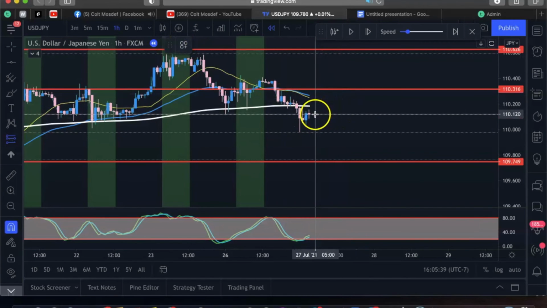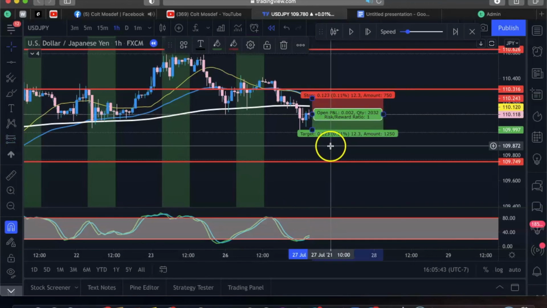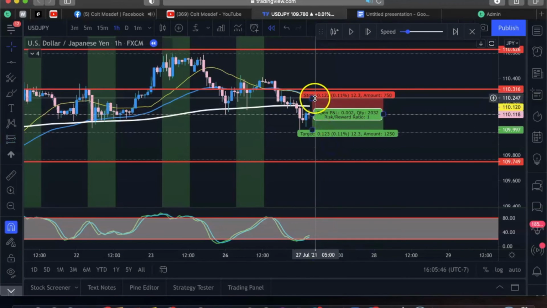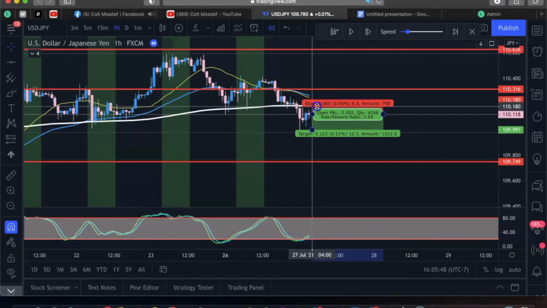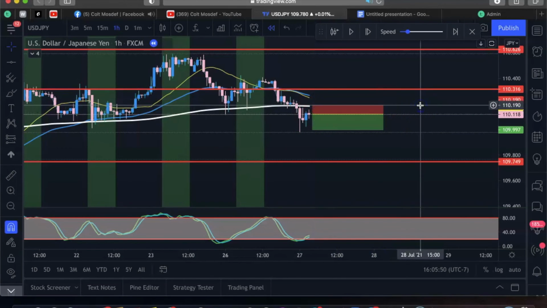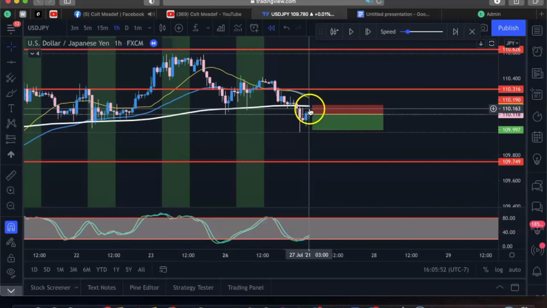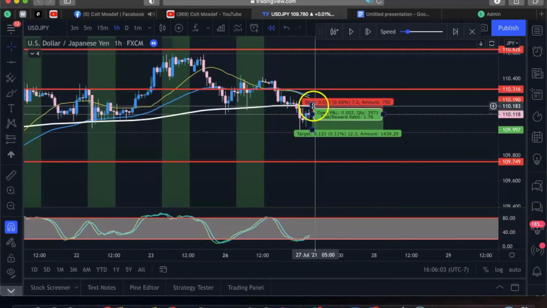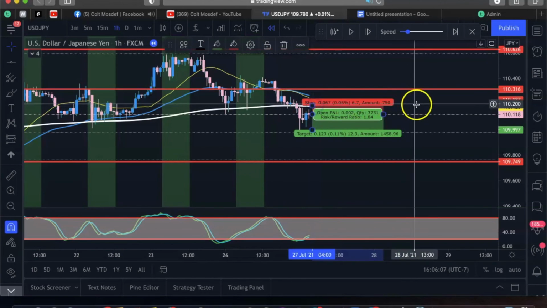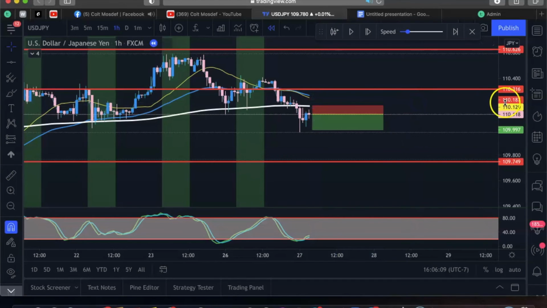So we're going to put it up to our current market price or whatever price we're selling at. Okay, so our stop loss is right here. We can move it up or down. Usually when I'm using a stop loss, I like to have it above the pins of the candles that I'm actually currently entering at. So we have this doji right here, and then we have this pin. I'm going to put that stop loss right above the pin, just a little bit higher. So we can see that there's our stop loss level right there,